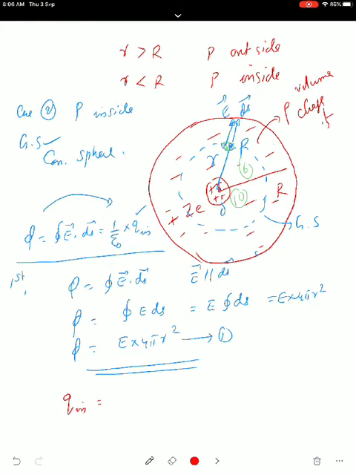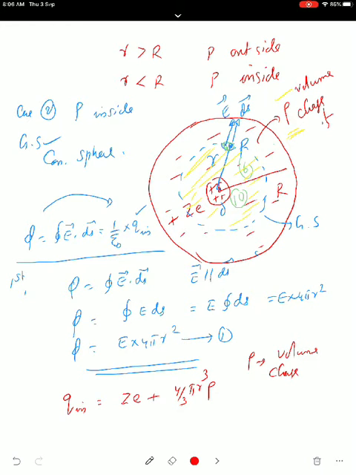Q inside the surface is the total positive charge, Ze, plus some negative charge. I am going to shade this sphere here, which is inside. What is the negative charge present inside? Suppose, writing the volume charge density, rho, as the volume charge density. If rho is the volume charge density of the negative charge, then the negative charge present inside the atom, that means inside the Gaussian surface, is equal to the volume, 4/3 pi r cube, into rho, where rho is the volume charge density.